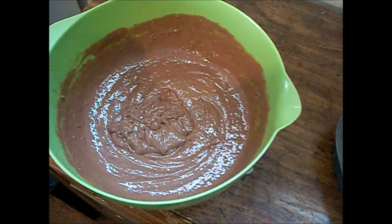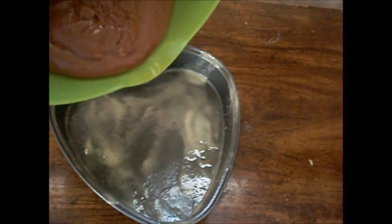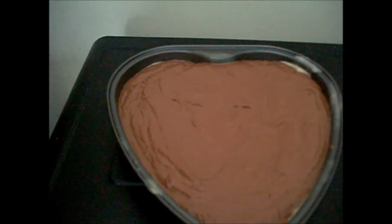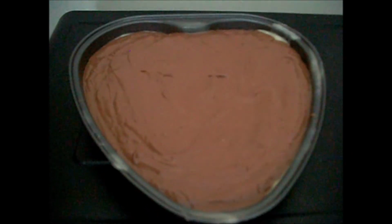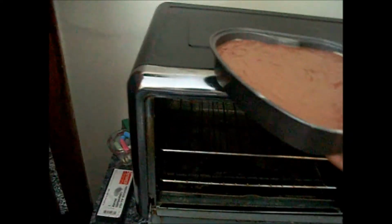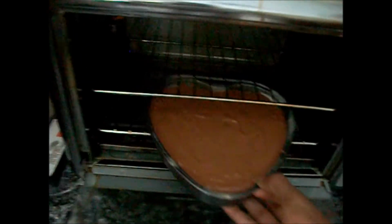Now that you have your cake batter ready, begin to pour into the heart-shaped pan. After that, use your rubber spatula to scrape out the bowl and get all the batter into the pan. After you do this, you open up your oven and put in your mold. Now, it kind of depends on what kind of cake you want, but put it in the...